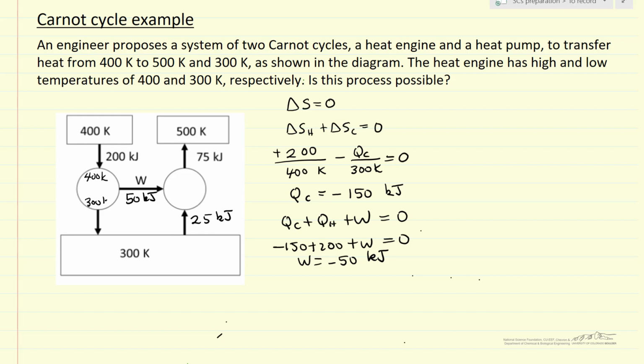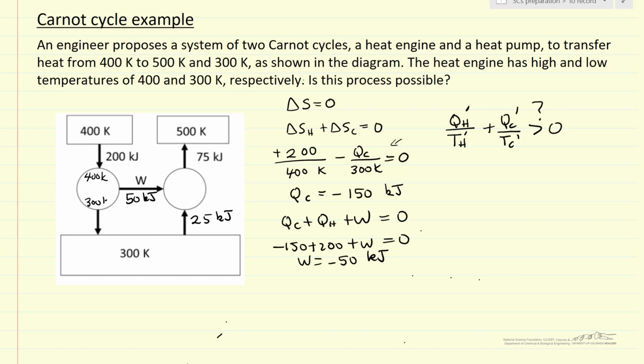Well, now we can calculate the entropy change. We've calculated the entropy change for the energy being transferred from 400 and added to 300 Kelvin. That's the same calculation that we did here. So now we can do a calculation for QH, let's call that prime for the heat pump, over TH, where now TH, let's call that prime for the right side, the heat pump, plus QC prime over TC prime. If that's greater than 0, then the process is theoretically possible.